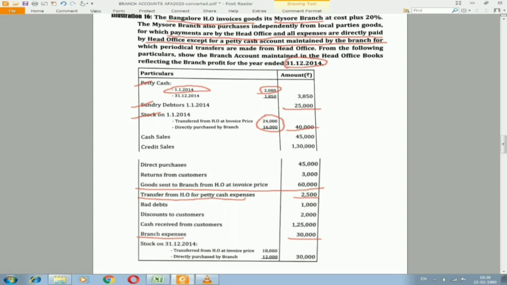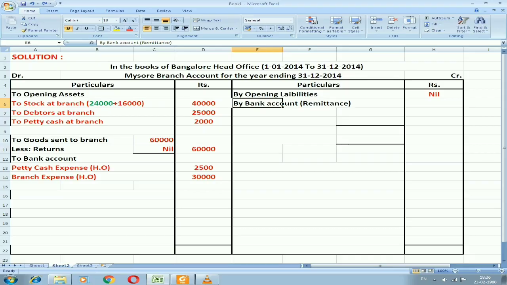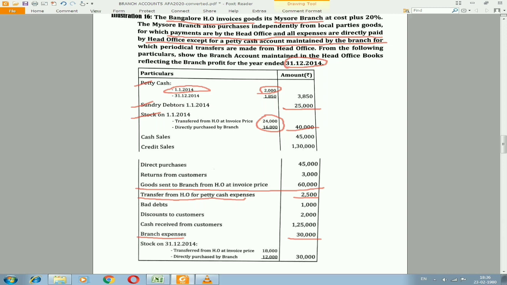Next I need to record the credit side of the bank account. Check once in the illustration whether the branch is paying the money or whatever income they have generated. If they are paying that income directly to the head office, we need to take it as a remittance and record it under bank account. If they are not giving any income directly to the head office, then we need to check what income they have generated in the form of cash sales and in the form of any money received from customers or debtors. Under bank account, first I'll record the cash sales. Let me check what is the amount. Cash sales, amount of rupees 45,000.